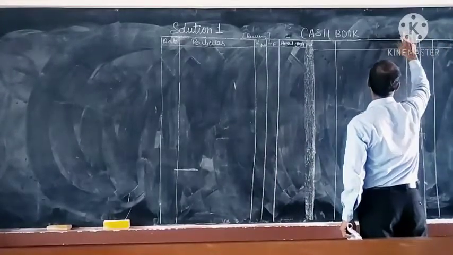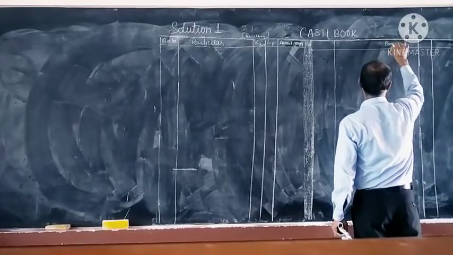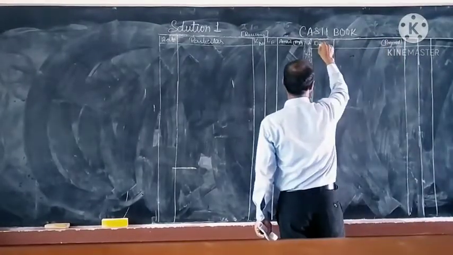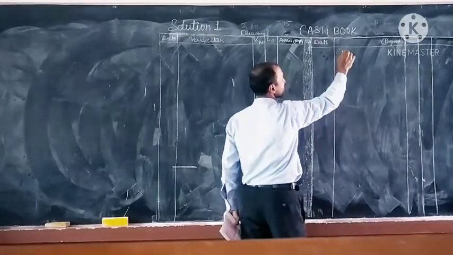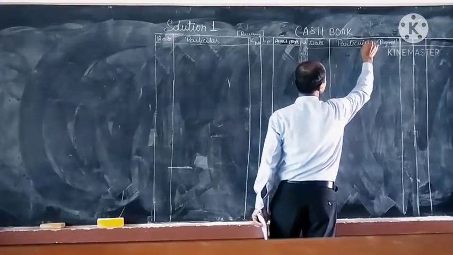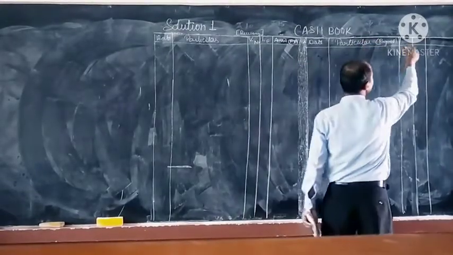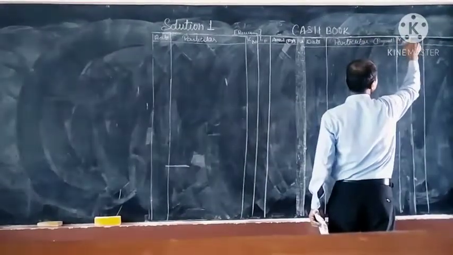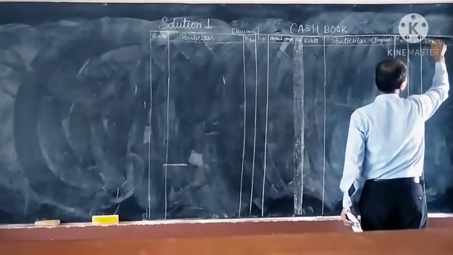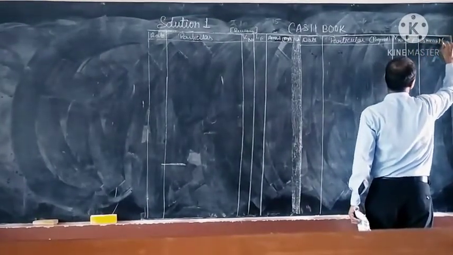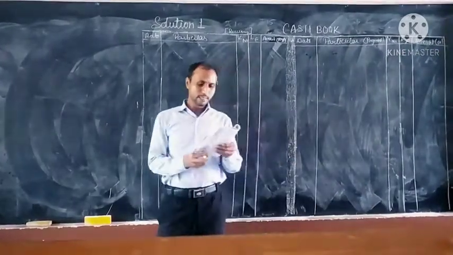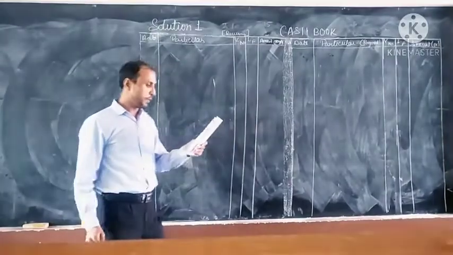You have payment here, payment column, but here you have to write the date, what date you are going to pay, particulars, particular. Then again voucher number, your ledger folio and amount, and that is your credit amount. Is it clear?